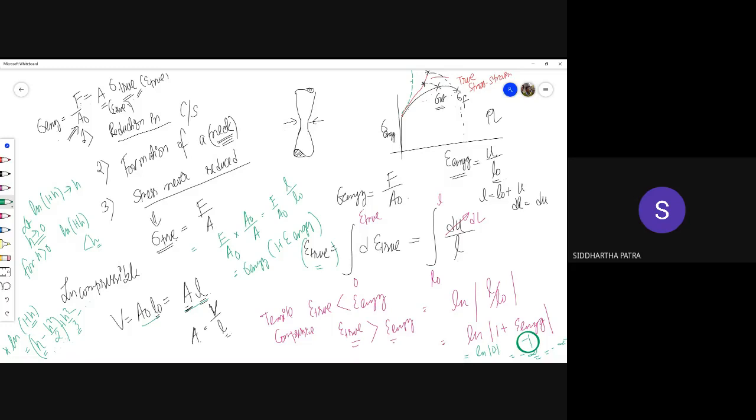And how does a neck fracture? So there would be a cup and cone formed. One portion, I do not know which one, and nobody knows, would form a hollow or cup shape, and another one would form a narrow shape, which is a cone shape, and ultimately fracture like that.